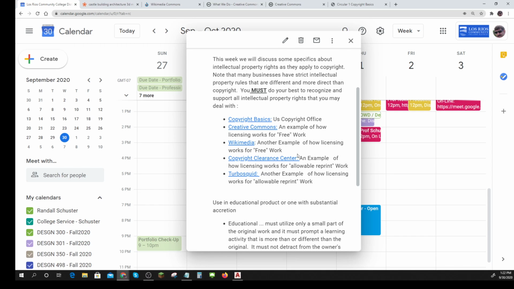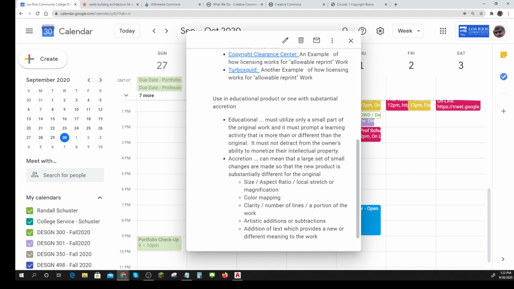We don't even require attribution for anything that was created by the Design Hub, which means that you also can use your own work, and you can make a derivative of it that you can claim some rights to. So let's look, though. We are a school, and there are some allowances for educational product.